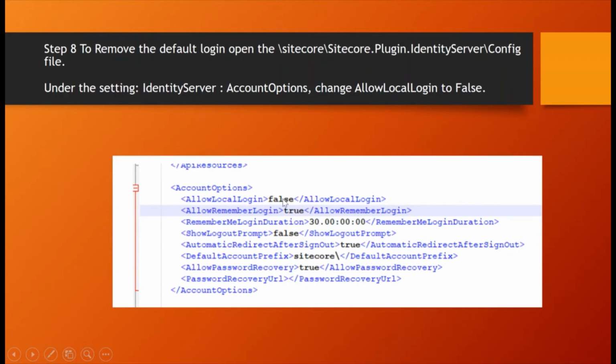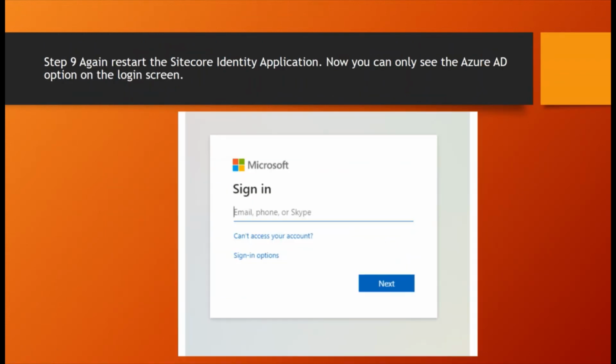You have to make this false. If you make this false, the default Sitecore login will not work. Then when you browse to the Sitecore login, you will get this page directly, where you can enter the Microsoft account, that is, the Azure credentials, to log in to Sitecore.